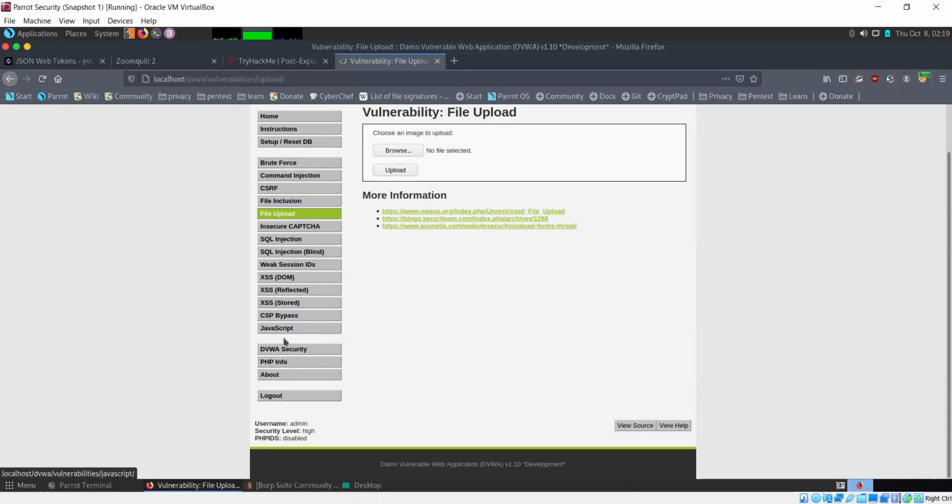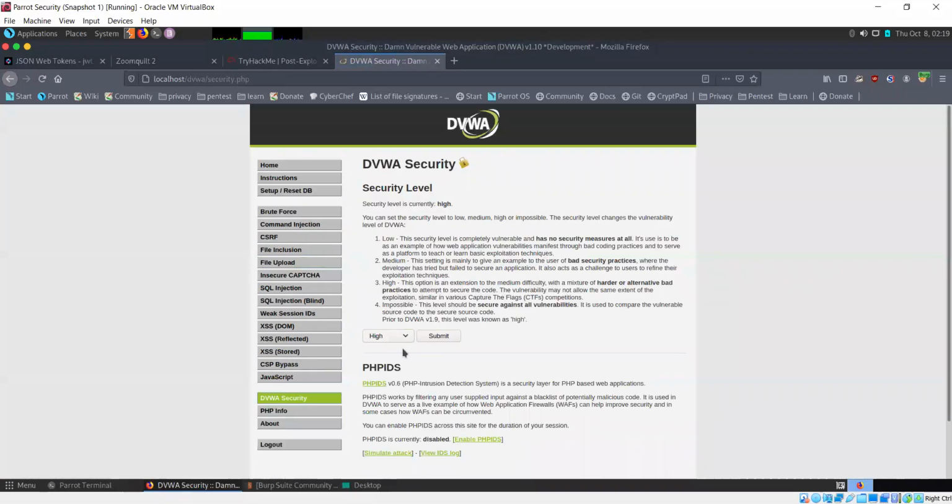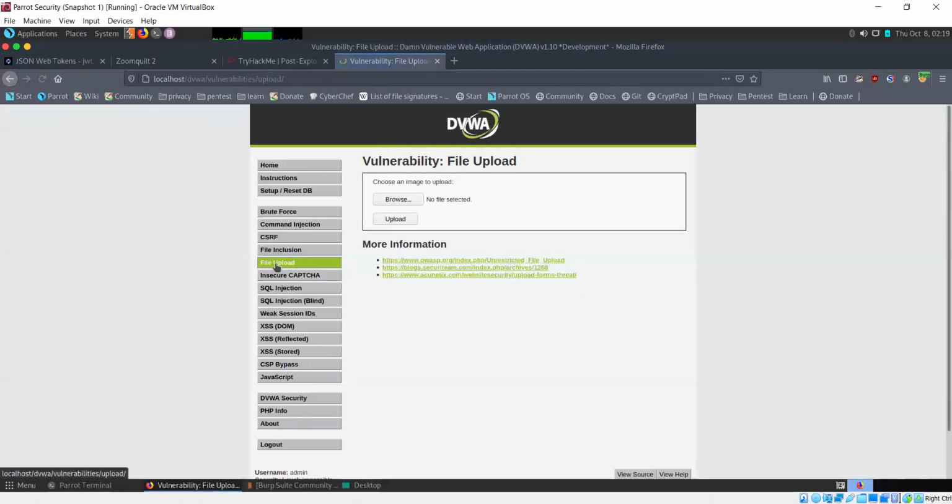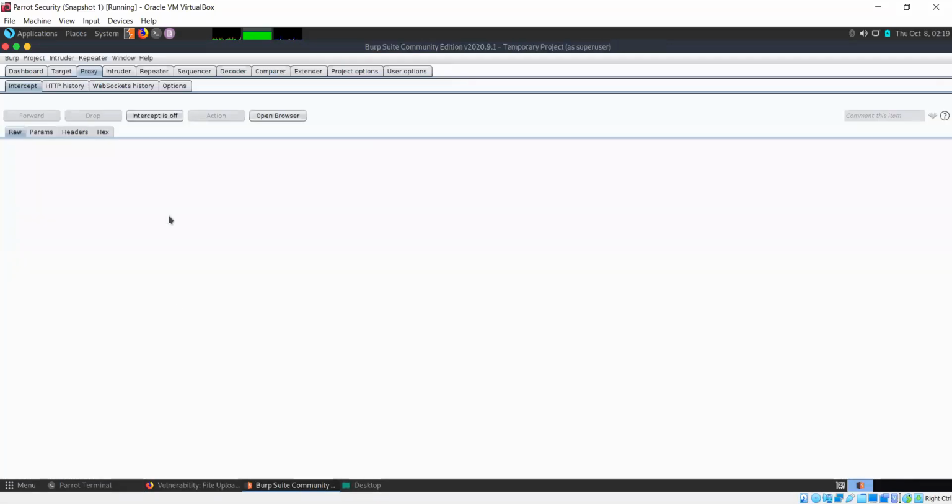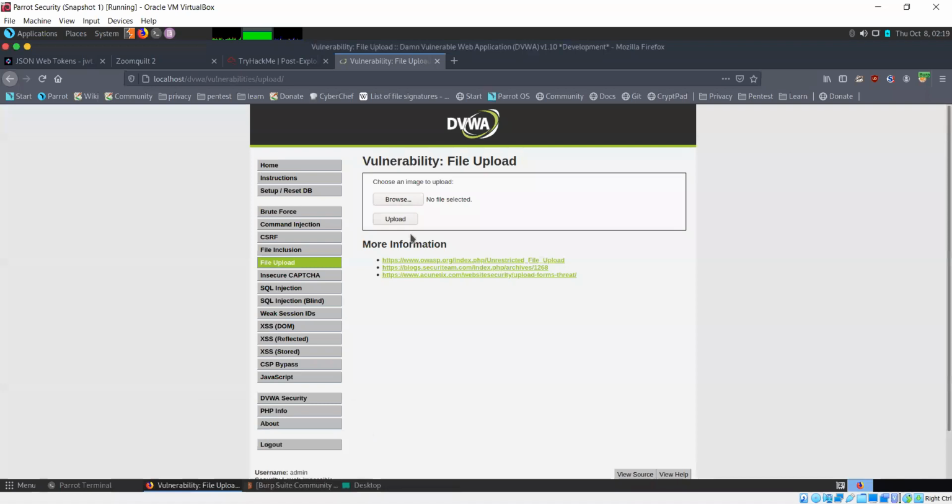Now, if I go to the security portion and change this to impossible, let's try the same sequence again and see what happens.